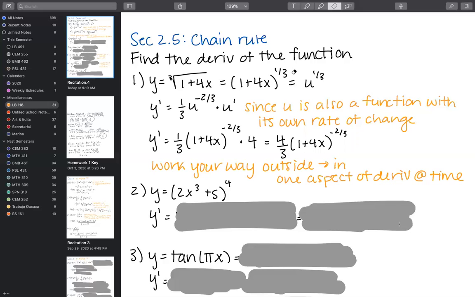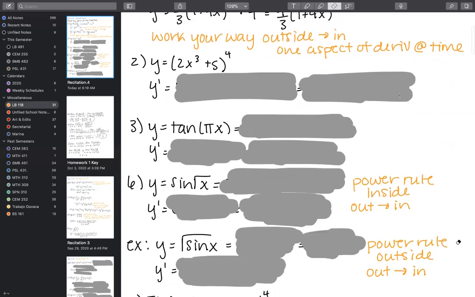So we take the derivative of the 1/3 because we're starting from the outside in of the 1/3 power, and then we keep u the same, and then whatever's inside, whatever that first aspect of the derivative is being operated on, but not itself, we take the derivative of whatever's inside. So more often than not, yes, whatever is inside the parentheses is going to be u prime, and you're going to keep that the same as you do the outermost aspect of the derivative, and then it's just times u prime. Does that answer your question? Yes, thank you. Perfect. Anyone else? Okay, we'll move on.